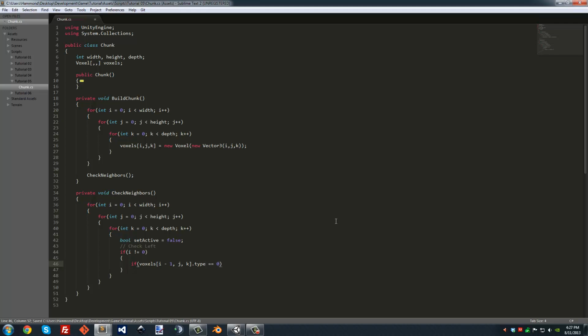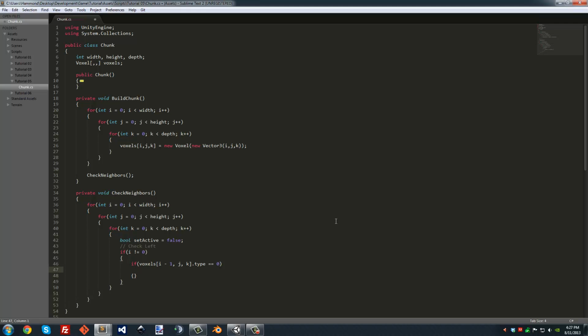Actually, we may have already added it, I don't remember. Basically if the type is 0, which for right now is just going to represent an error block, or a transparent block for the time being, a block that can be seen through,